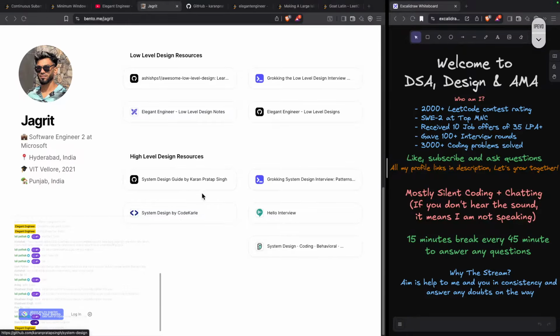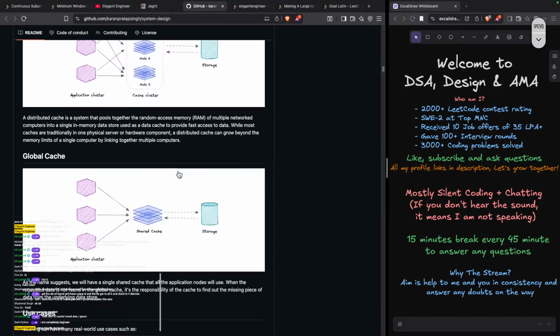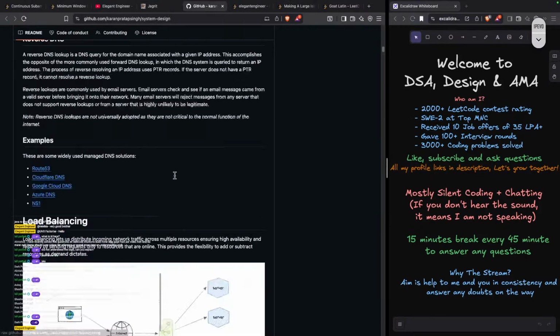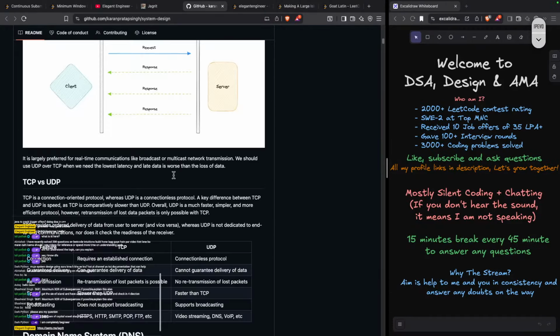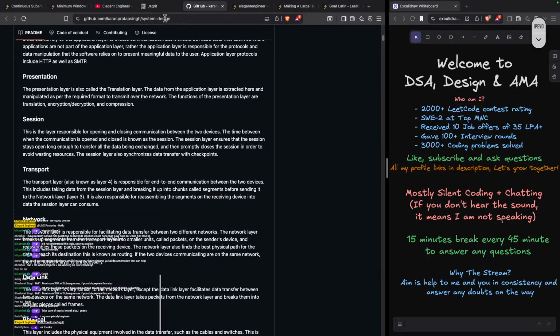Dark Python, this is for complete beginners. This repo starts from scratch, even what is IP, right? I believe you are in a working profession, right? If you are in college, you don't need that much of system design. You can skip it.